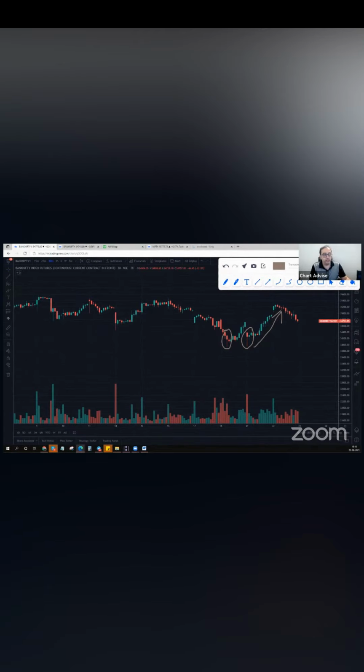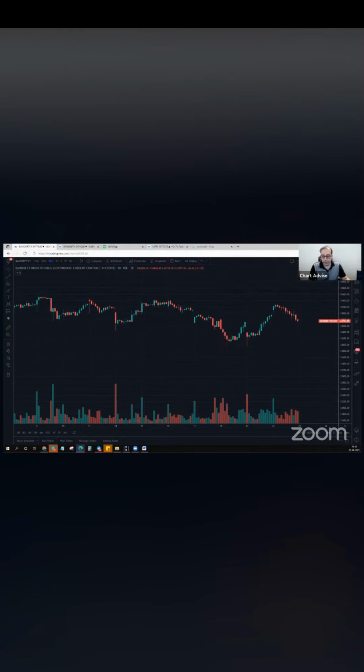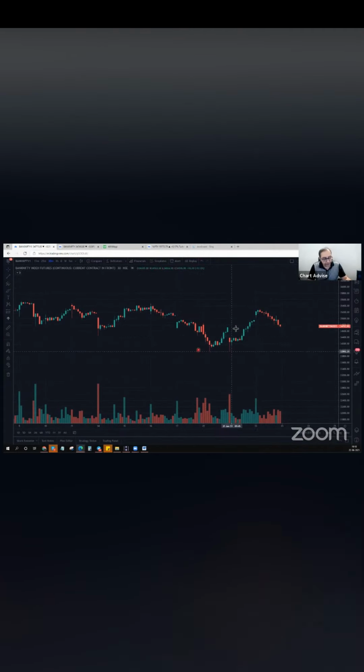So now the question is, how can we action this particular move? So let's get down to the action, right? And let's go and take a look at how we can action the same. So whenever you see a hammer formation, the first thing you've got to do is wait. I'm going to wait for the confirmation.